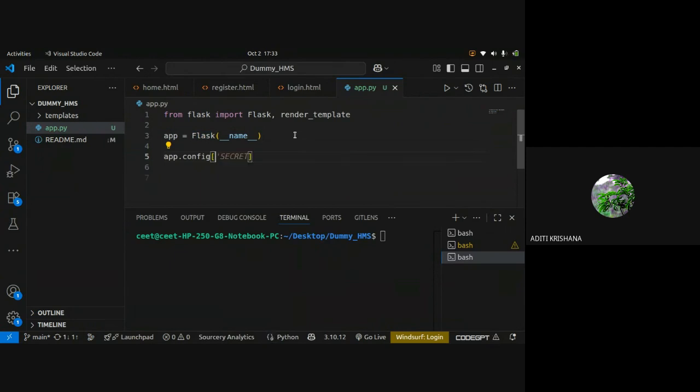There are two important configurations of the application which we have to set, that is the secret key and the SQLite database name. How I can explain it: you create one notepad and you have created one file. You are going to save that file with some name, for example, my first project.txt.